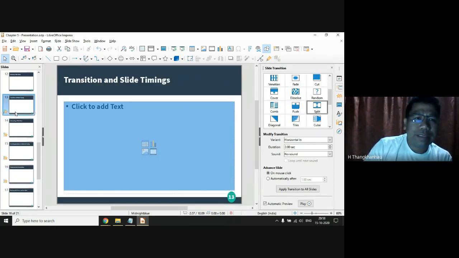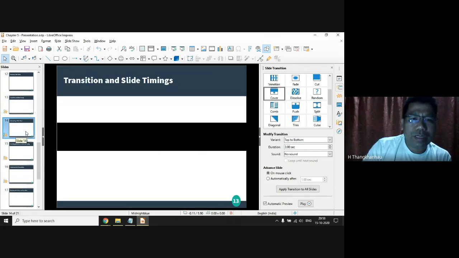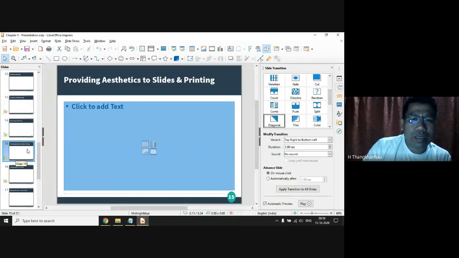And that's about slide transition and slide timing. In timing, the duration is given here. Okay, duration of the transition is 2 seconds. So that 2 second